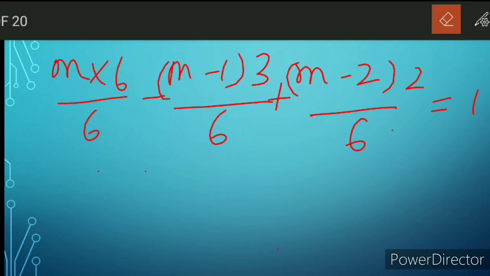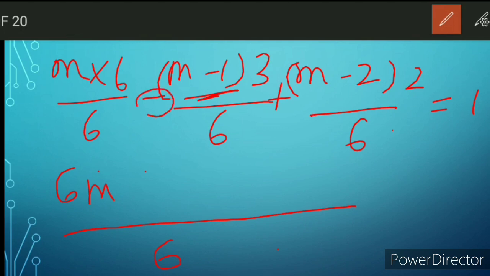I just multiplied the denominator. Now I multiply the numerator. m into 6, 6m. In one step only I will write this, commonly writing the denominator 6. Okay, now this term will be multiplied by 3. Minus is there, minus also you should take, so I will take minus and 3. By minus 3 I am going to multiply. Here the minus sign is there, see, and here 3 is there. Minus 3 into m, minus 3m.